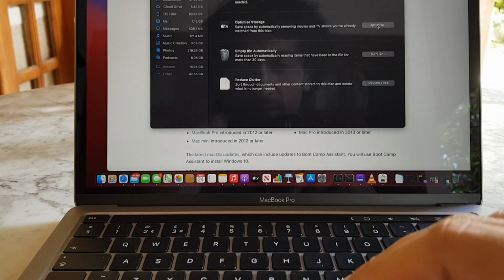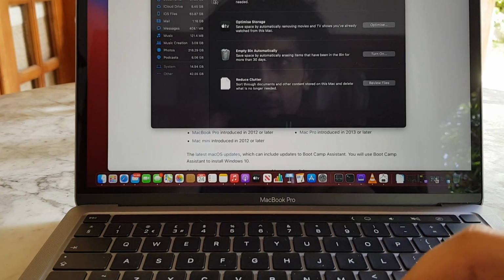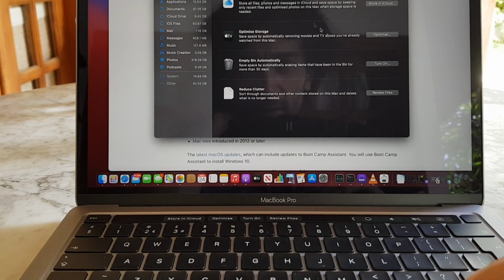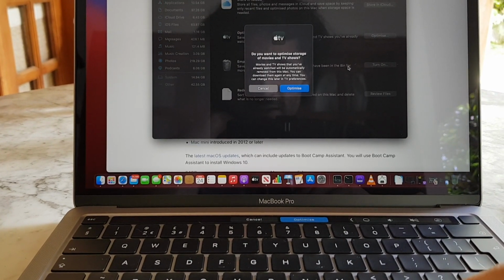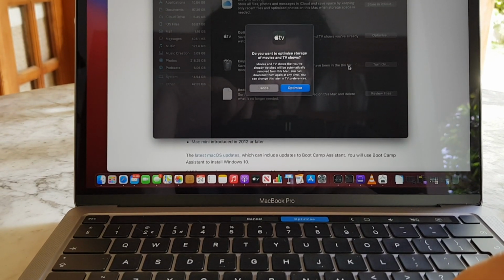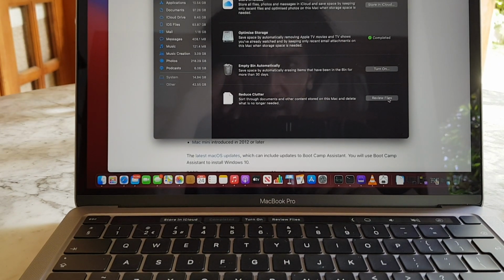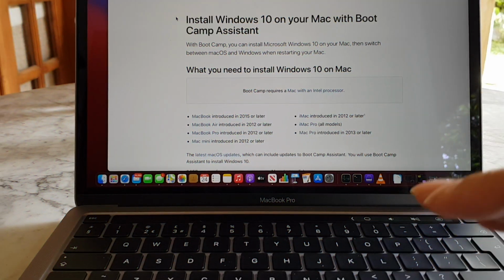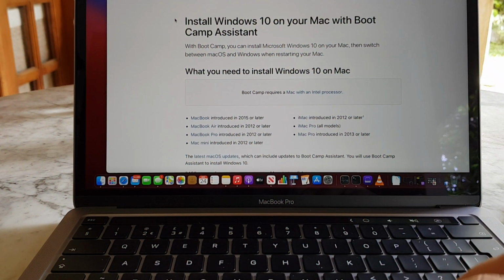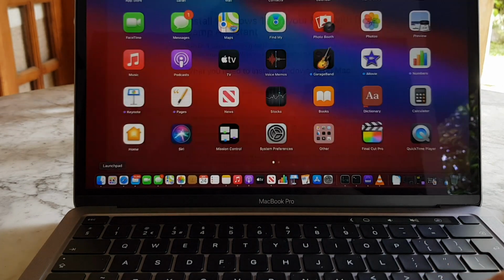The second biggest section which takes up a lot of hard drive is under documents. So in the manage storage sections, you can choose to optimize storage, so it will remove movies and TV shows that I've already watched if I click on optimize. And you also can click on review files under reduce clutter to look at the files which take up most space. Okay, so now that we've cleared up 200 gigabytes of hard drive, we can start the Bootcamp under Launchpad